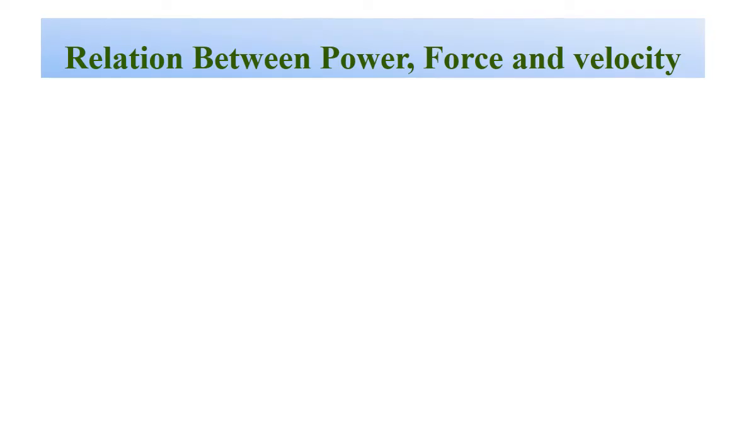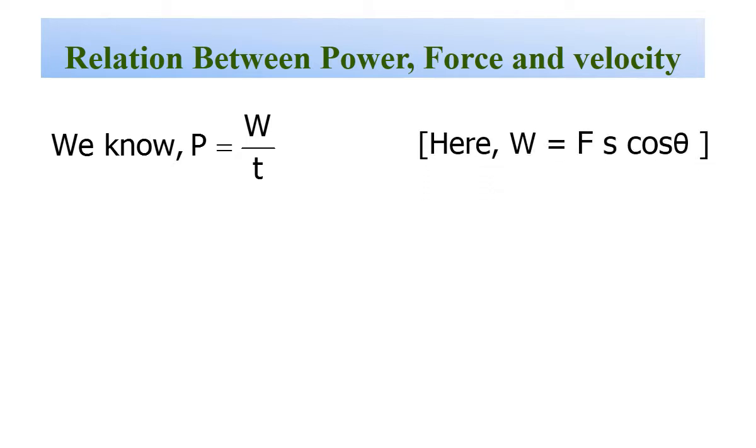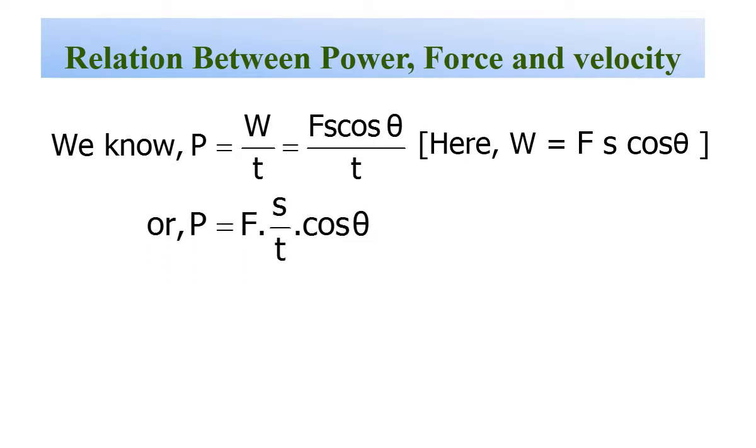Now the relation between power, force and velocity. We know the formula of power, P equals W by T, where W is work and T is time. If we put the formula of work, Fs cos theta, in the equation, then we can write P equals Fs cos theta by T. And if we separate S by T from the equation, then we can write F into S by T